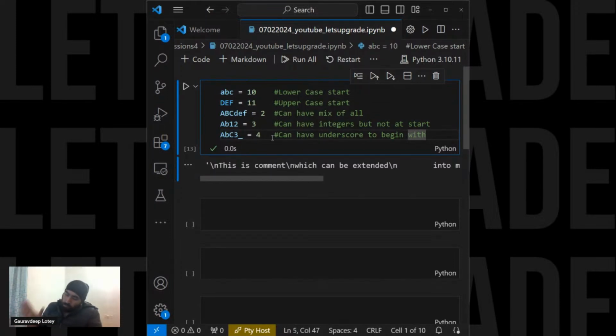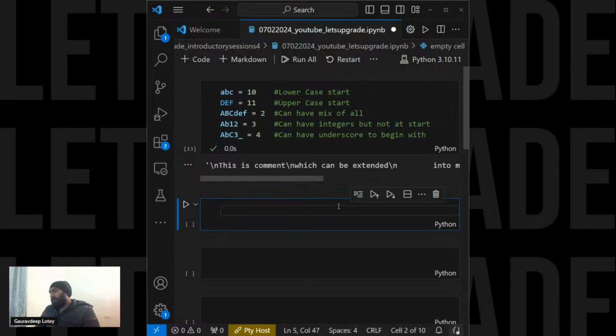So quickly we recap, we have just talked about comments, what are variables, things that can store your input data, and how we can create variables, what the rules to create variables are, right in front of your screen, right? Now we will discuss how we can take input from a person, right? So Python provides a built-in functionality known as input, okay? So what does it mean is that if I type input,